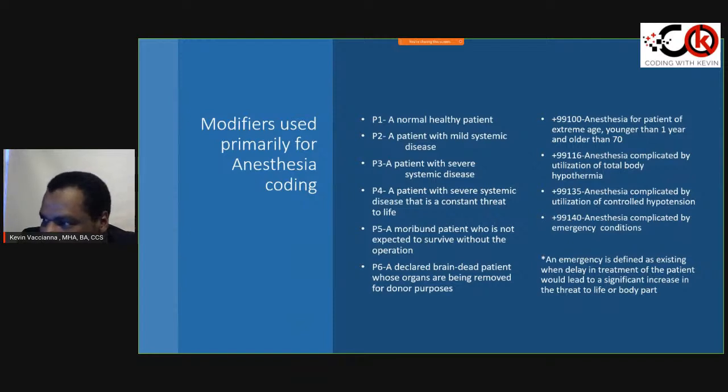With that said, there are some modifiers that go with anesthesia, and these are listed in your CPT book. I'm not going to go over these too much tonight because we did a modifier class. And for those who did not get the modifier video, I suggest you go and watch it. If you have not seen it or you don't have access to it, let me know. Send me an email,